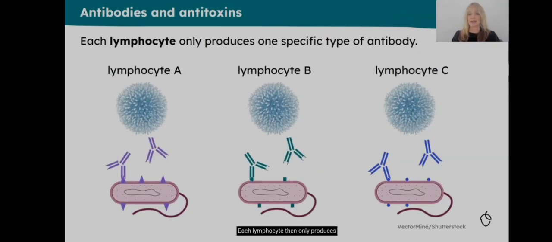Each lymphocyte then only produces one specific type of antibody. Again, we've got those different types of lymphocytes. We've got A, B, and C here. And you can see that at the end of those